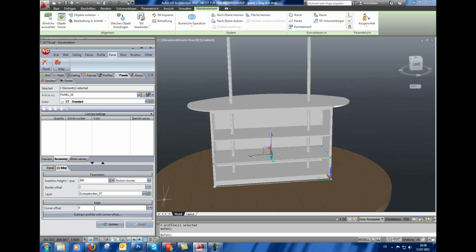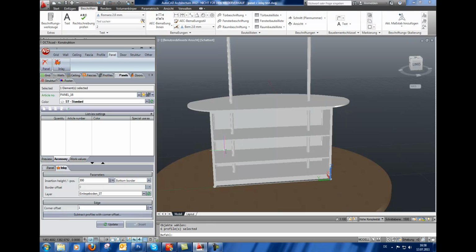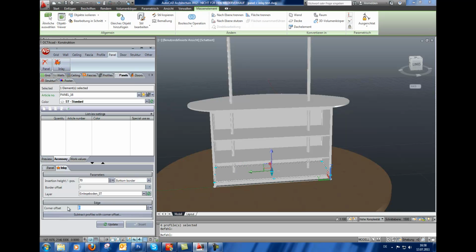Then the next one I select the inlay, and then I select the profiles to cut them out. Okay, and enter. And the last one, the bottom inlay, so 1 millimeter, and this button here, 1, 2, 3, 4, 5 and the 6th one. Okay,